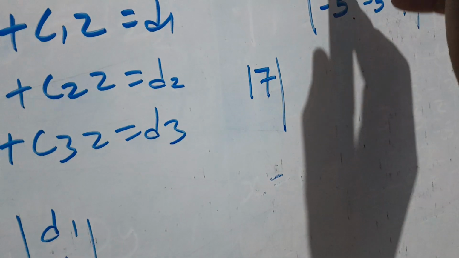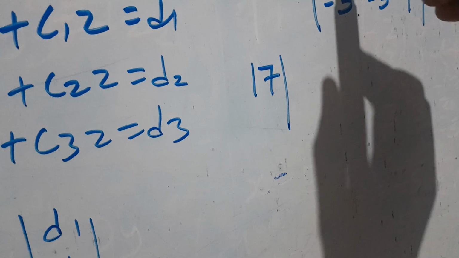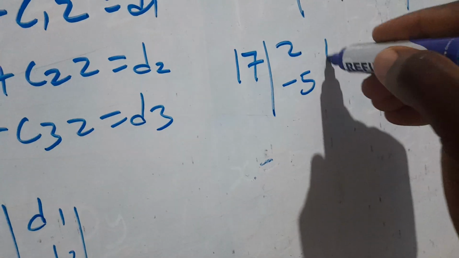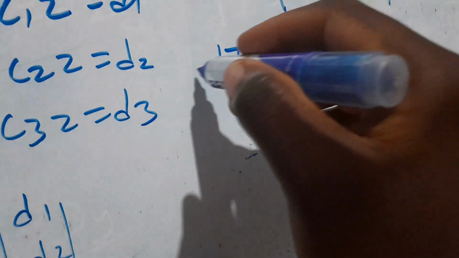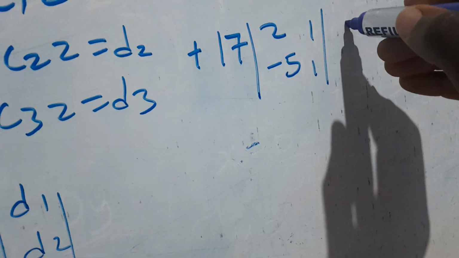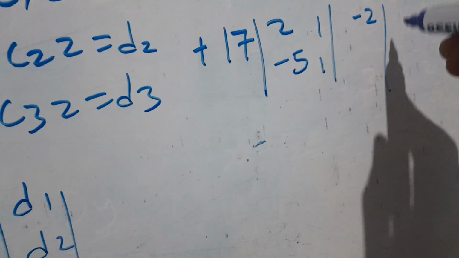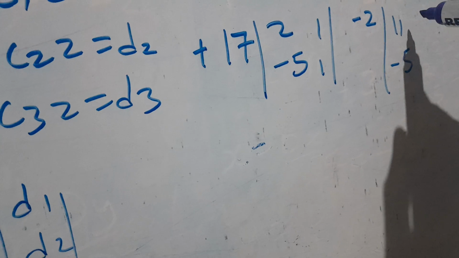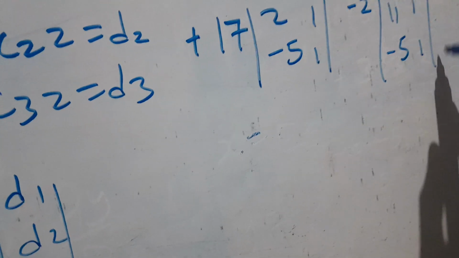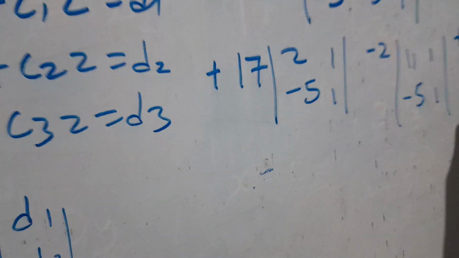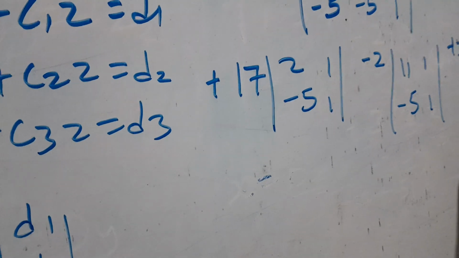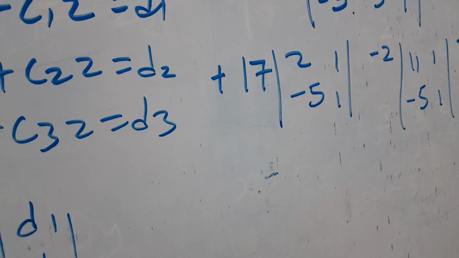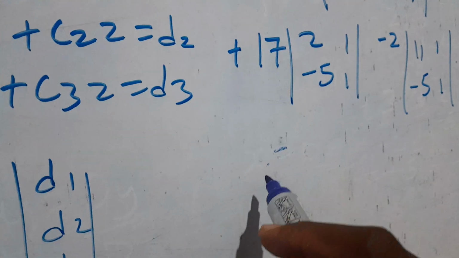If you cancel this column and the row, you will have 2, -5, and 1, 1. It should be positive 17, and then minus 2. You will have 11 minus 5. You will have 1, 1, and then you have plus 3. You will have 11 minus 5, 2 minus 5. If you work out this one, you will have